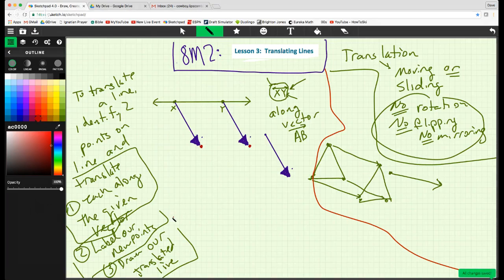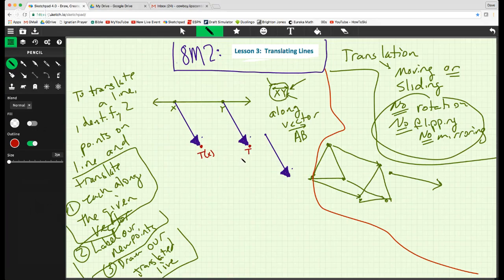Okay, now remember how we label our new points. We can either call them the translation of x and the translation of y, but we're going to shy away from that terminology, and we're going to use our prime methodology. So we'll call that x prime, and we'll call this y prime. So those are our two translated points, and now we're almost done. We simply have to draw our new line, and voila, we have our new line,